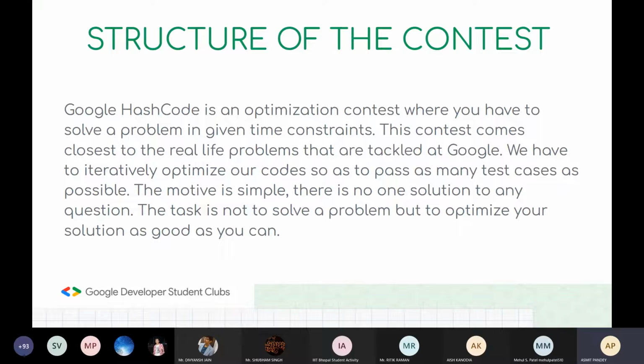जैसे कि पहले भी बताया कि हैश कोड बाकी कॉन्टेस्ट से थोड़ा डिफरेंट होता है। ये एक्चुअली एक ऑप्टिमाइजेशन कॉन्टेस्ट है। इसमें हमें किसी भी क्वेश्चन का एक पर्टिकुलर सोल्यूशन एग्जिस्ट नहीं करेगा जो कि एकदम परफेक्ट हो और जो सारे टेस्ट केसेस पास कर ले। इसमें हमें एक्चुअली एक रफ सोल्यूशन या फिर एक बेटर वर्ड होगा अप्रॉक्सीमेट सोल्यूशन हमें डेवलप करना है जो कि क्लोजेस्ट हो टू द आइडियल एंड परफेक्ट सोल्यूशन, जो कि सारे टेस्ट केसेस और हर एक केस में जो कि परफेक्टली काम कर जाए। तो हमें उसके क्लोजेस्ट आना है।